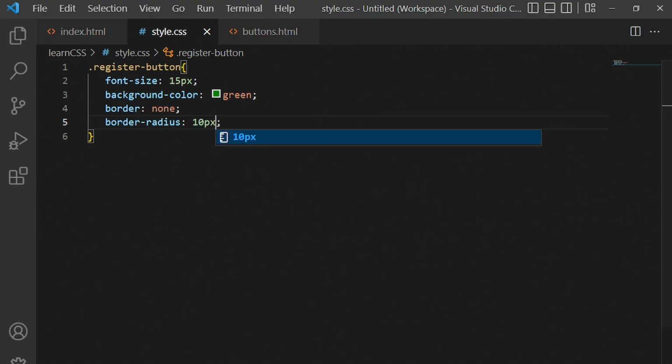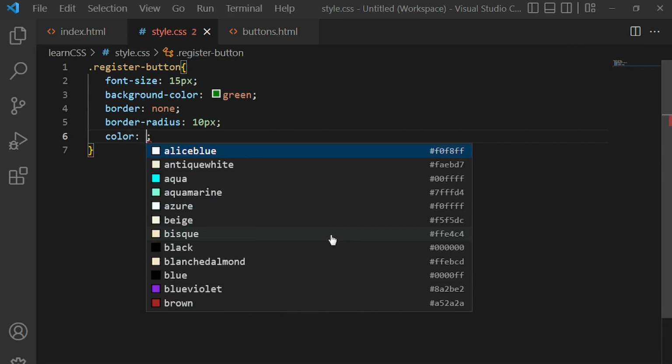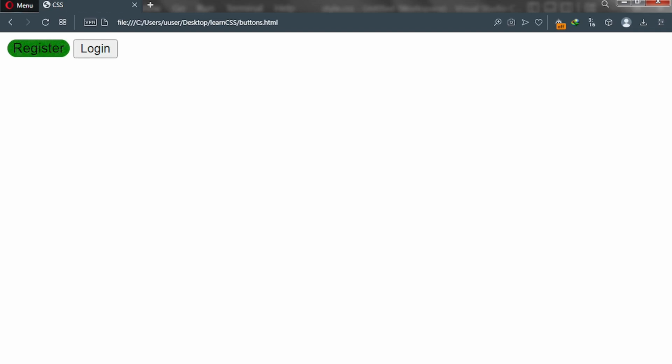Good. So next up, we're going to give it our text, okay? The text has black color, so let's give it white. So to apply color to your text, just put color, and then put our color here, which is white, like this. Excellent. And then we check, and as you can see, it's having white color,